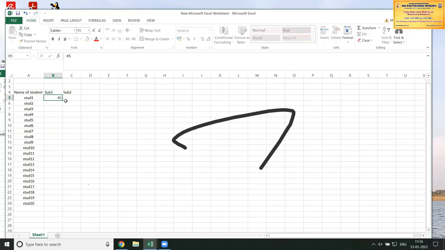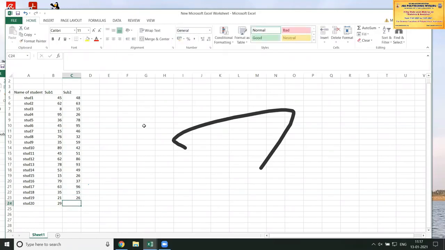Randomly, I'm entering the values. Subject 2 values. So these are the two subjects' marks.